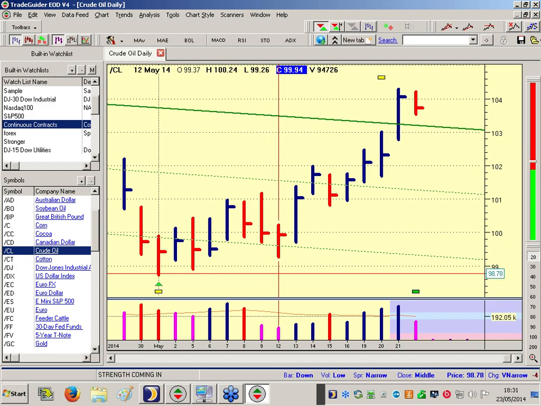That's a test, look. Look how low the volume is. That's definitely a test, look. That's why it's gone up. Hit that top trend line. There's no selling pressure today or yesterday. Okay?